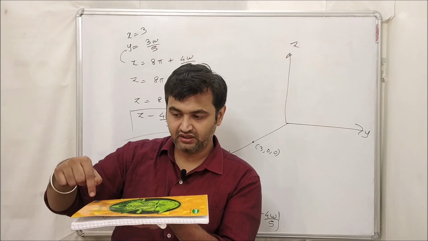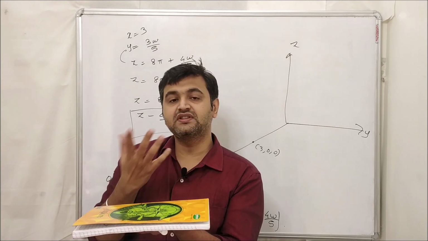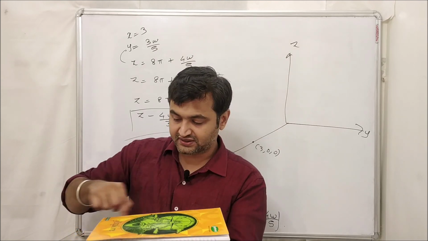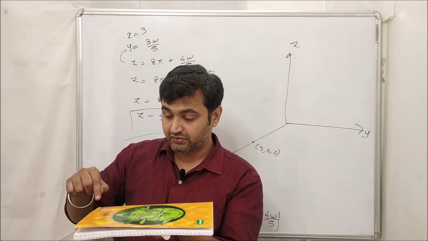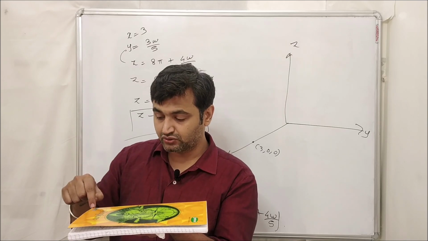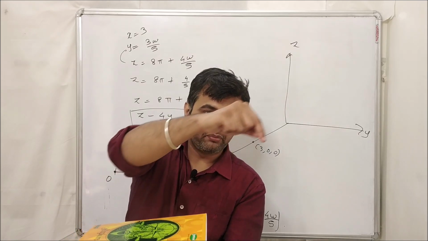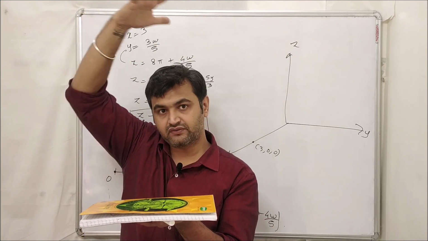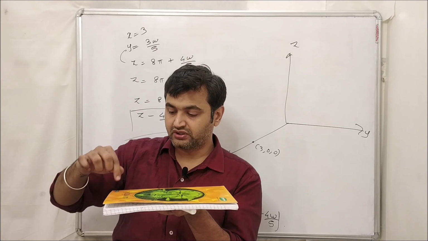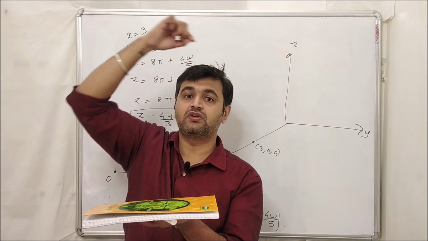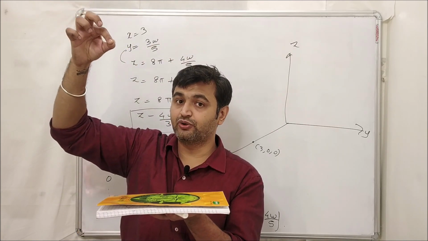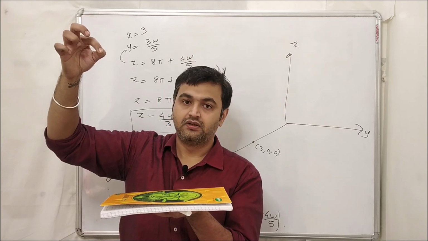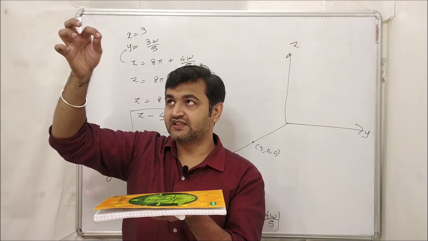So it will start from here, and after the first round, suppose z is 0, after the first round, meaning 0 to 2 pi, you would have got a circle over here only. But since the third component is non-zero, it will start from here, make a round, and come up here. So at 2 pi, the projection of this will be a circle, but actually the curve will do a round like this. So this is the point. Which point at the top? Your point is (3, 0, 8 pi), right? Because after 2 pi, this is the point you are having.